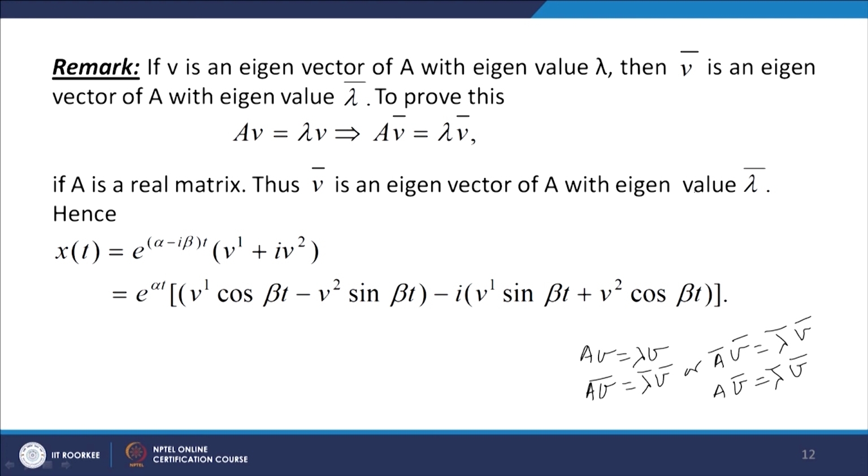Now, here we have seen that for alpha plus i beta, if B1 + i B2 is an eigenvector, then for alpha minus i beta, B1 - i B2 will be an eigenvector from this result. So, x(t) = e^((alpha - i beta)t) (B1 - i B2). Now, if you simplify this, you write it as e^(alpha t) (cos beta t - i sin beta t)(B1 - i B2), and then you write it as real and imaginary parts. You see that e^(alpha t) [B1 cos beta t - B2 sin beta t] and [B1 sin beta t + B2 cos beta t]. We get the real part as this, and the imaginary part is the negative of this.